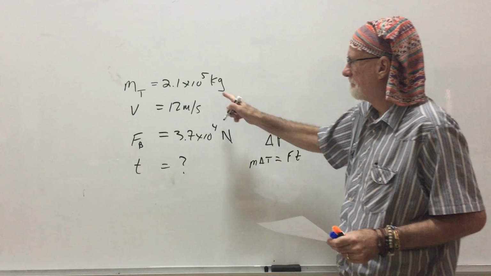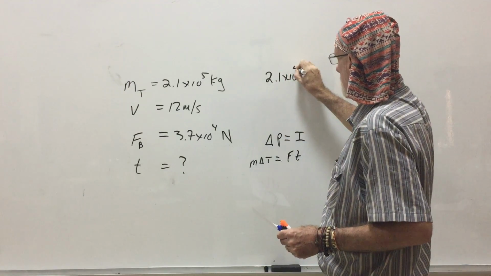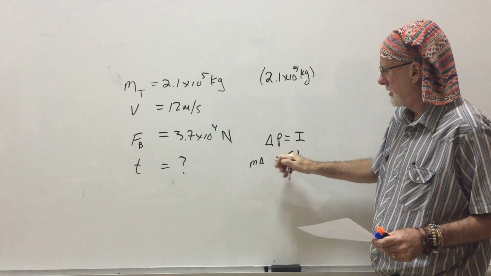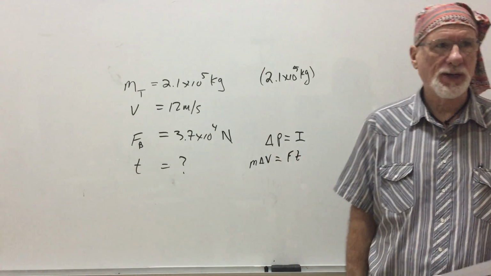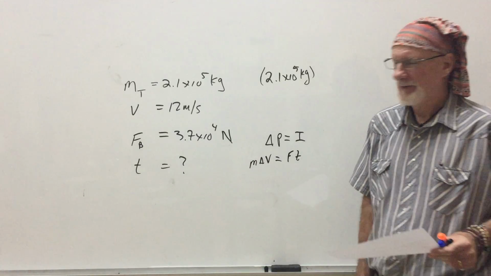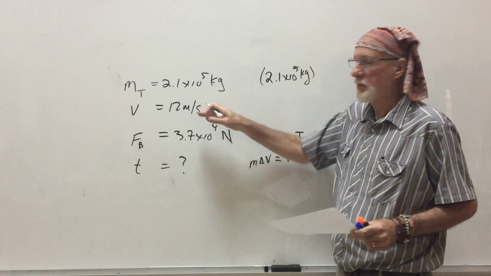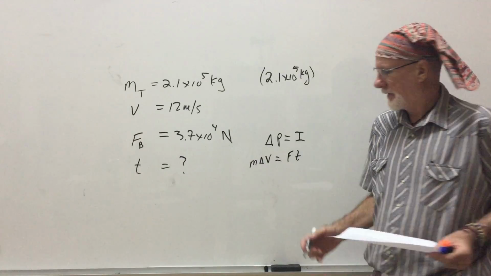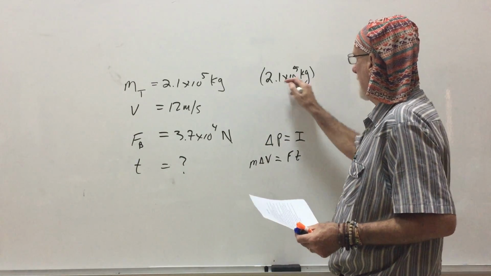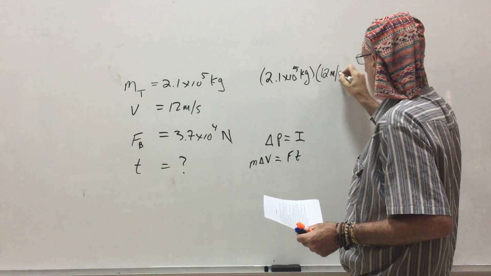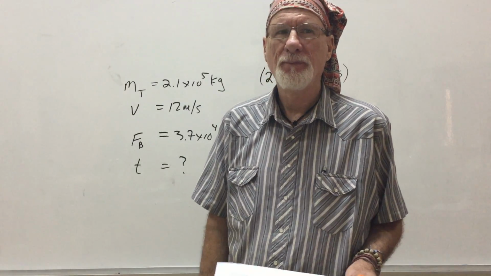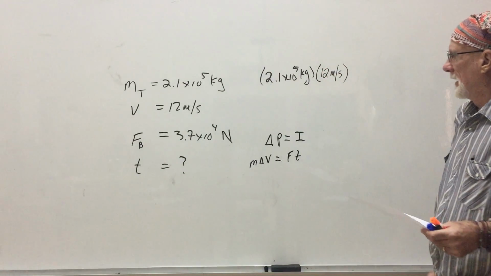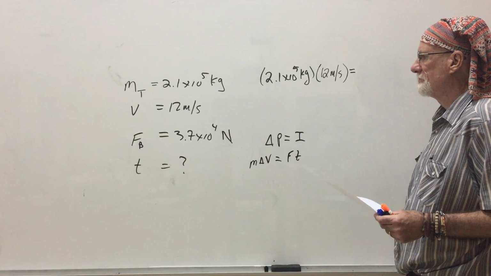The mass is 2.1 times 10 to the 5th kilograms, times the change in velocity. Sorry, that's a v; you can correct me, raise your hand, say I made a mistake. It's going to go from 12 meters per second to 0. So it'll be the mass times 12 meters per second. What are the unit labels for momentum? Kilogram meters per second, very good. And that's going to equal my force,